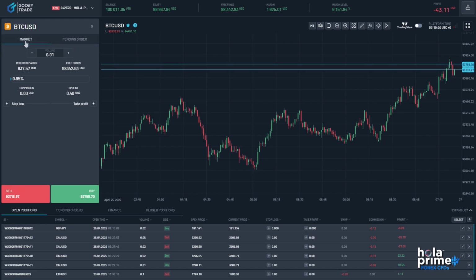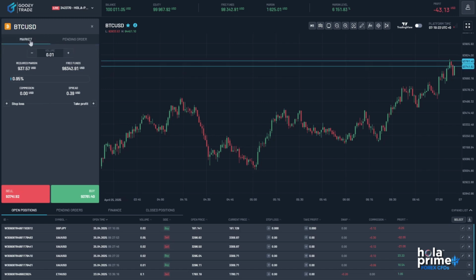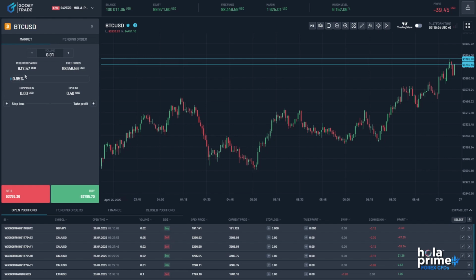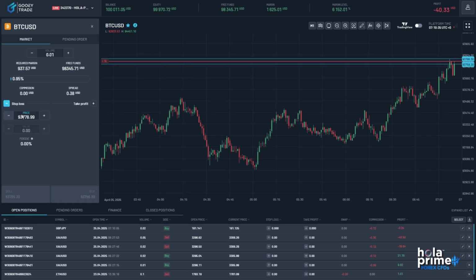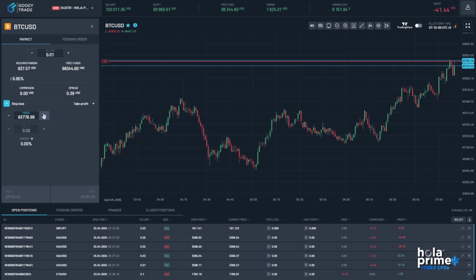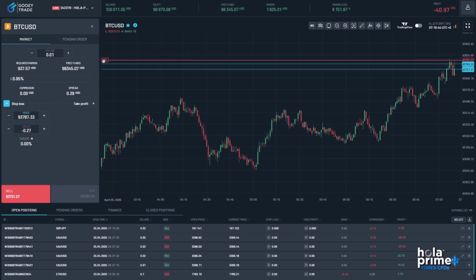In the Market Execution tab, first set the lot size. Below, you'll see details like required margin, free funds, commission, and spread. You can also set your stop loss and take profit levels here. You can use these icons to adjust the level or enter a specific price directly. You can also modify stop loss and take profit directly from the chart by dragging the line to make real-time